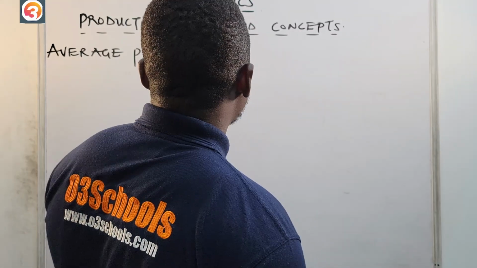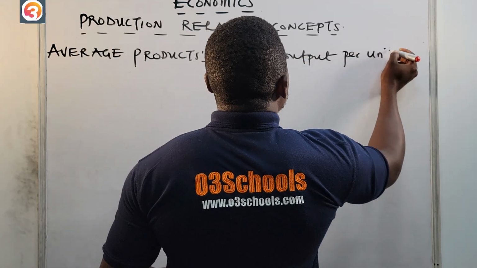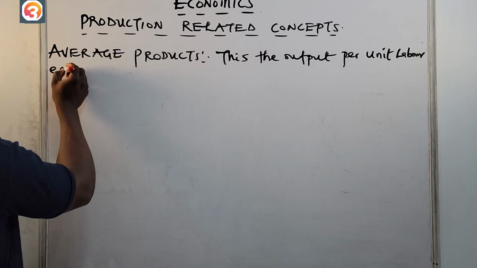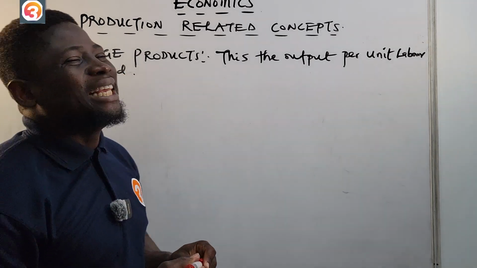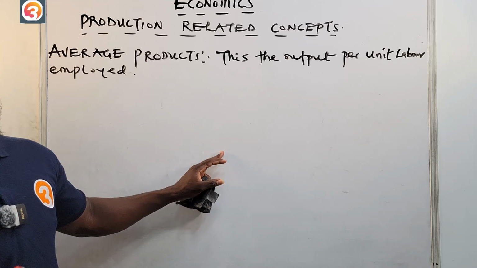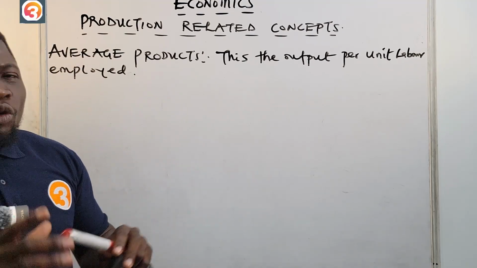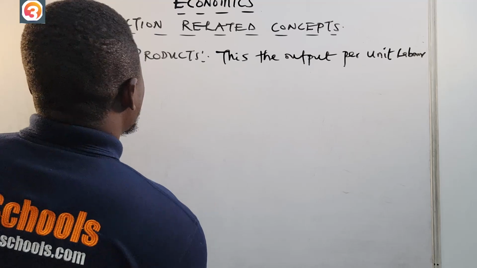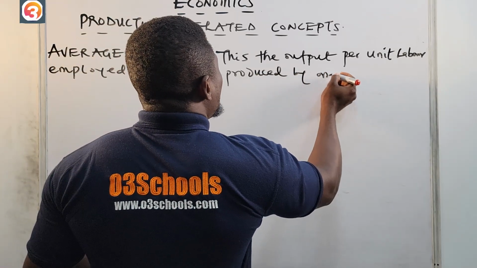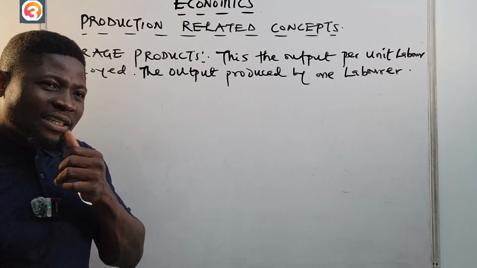Number 2, average product. We'll say the average product is the output per unit labor employed. Just like we used test scores, this is the score per subject; that is the output per unit labor. We can also define average product as the output produced by one laborer. So if we have 20 laborers, then let's say we have